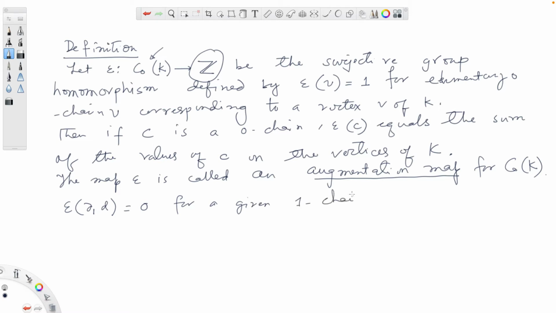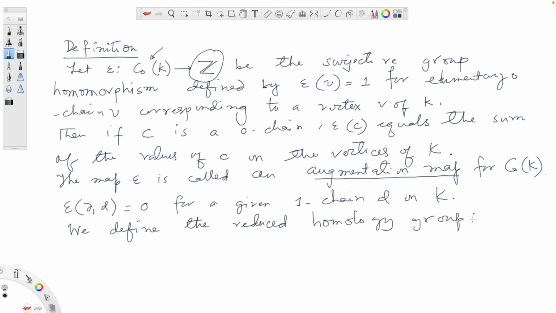This is what we have seen earlier during the proof of theorem 1. So we define the reduced homology group of the complex K